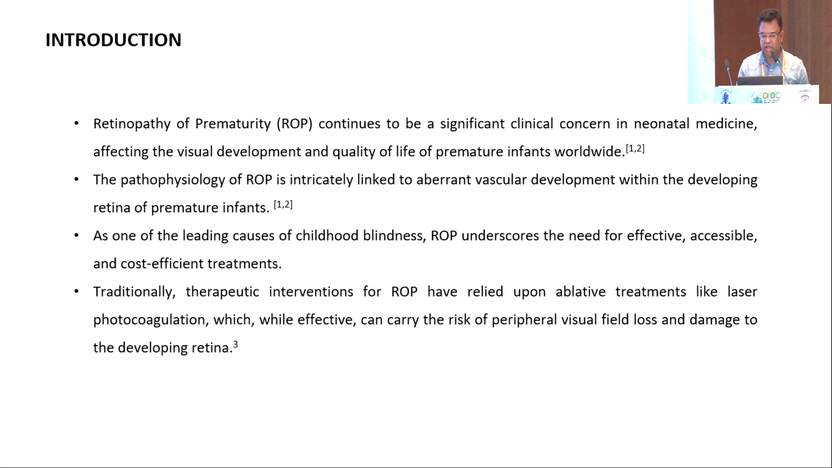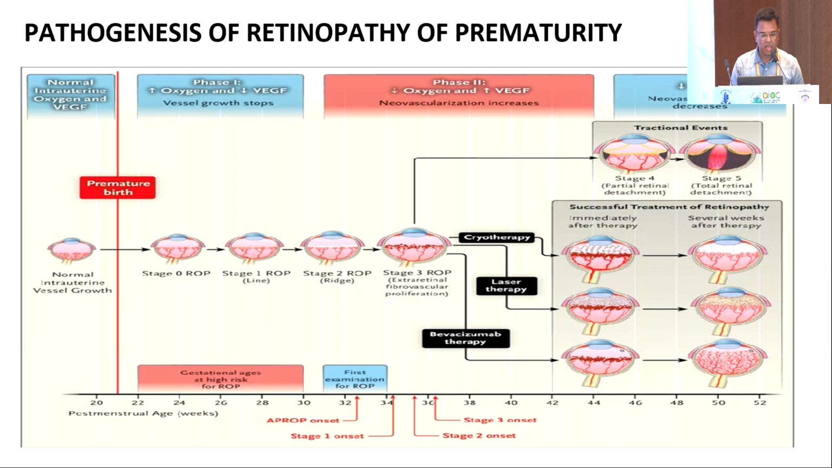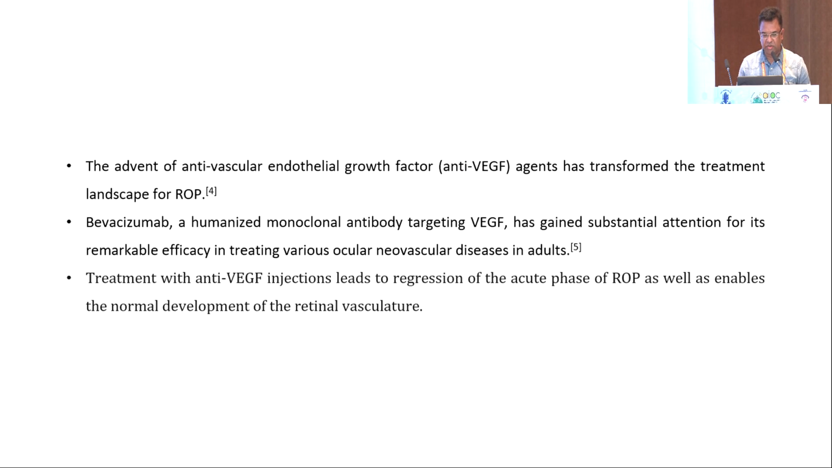Traditionally, therapeutic intervention of ROP has relied upon ablative treatment like laser photocoagulation, which while effective can carry the risk of peripheral visual loss and damage to the developing retina. So we all know the importance of VEGF in the pathogenesis of retinopathy of prematurity. Now, the advent of anti-vascular endothelial growth factor agents such as ranibizumab and bevacizumab has transformed the treatment